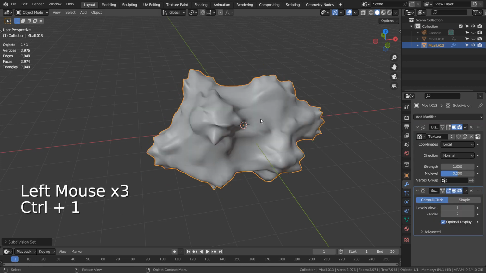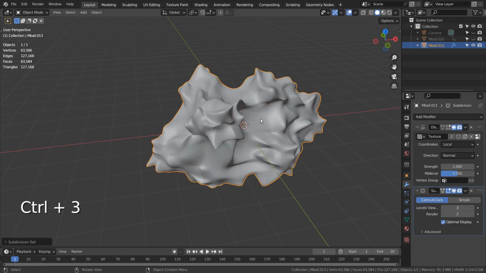Ctrl+3 to subdivide, and please place the subsurf modifier at the bottom of the modifier stack.